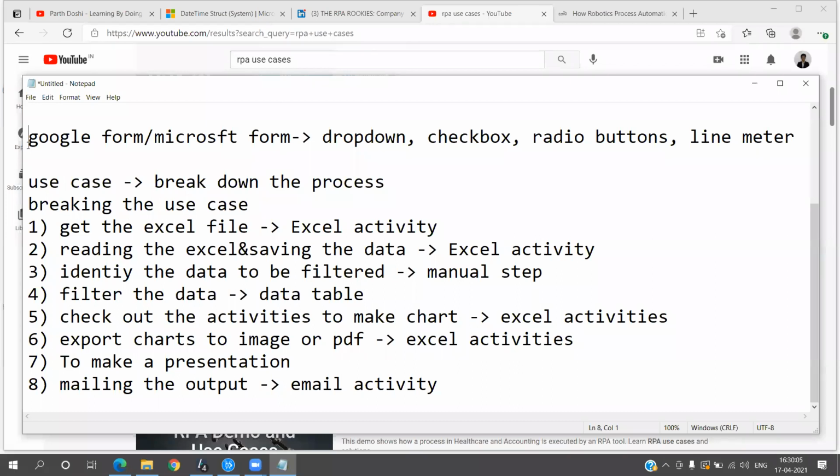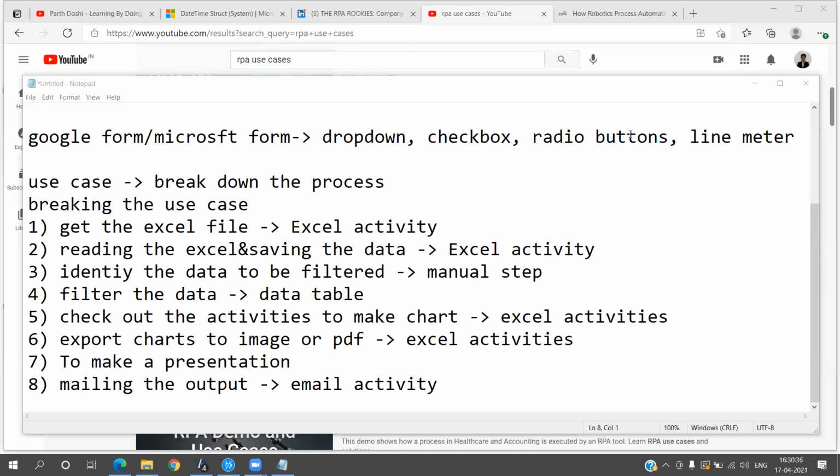So just prepare that Google form, use it to enter the data, and build your understanding or logic of how to use selectors and how to edit the selectors, how to make dynamic selectors. Our concern is to understand the concept, not to every time just build a use case. So this particular approach of using a Google form or a Microsoft form will help you build your concept of that particular topic.